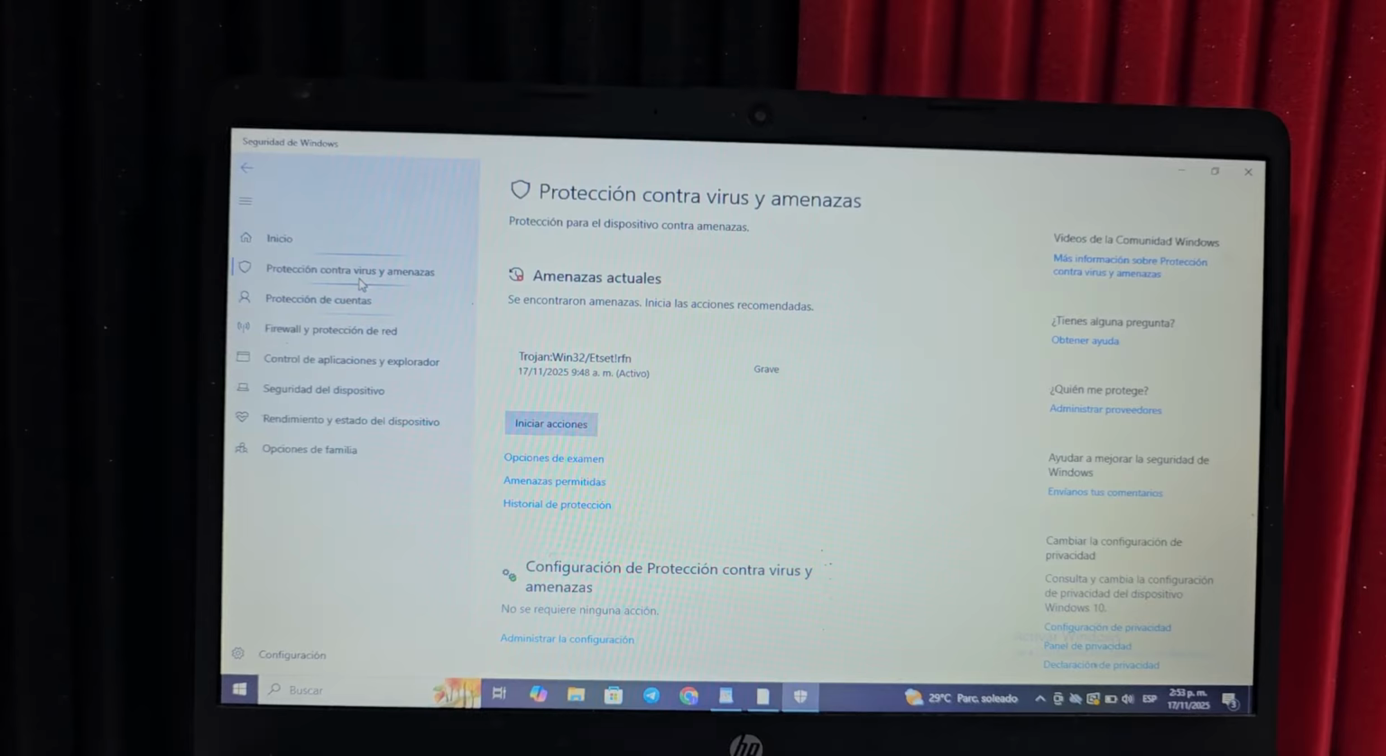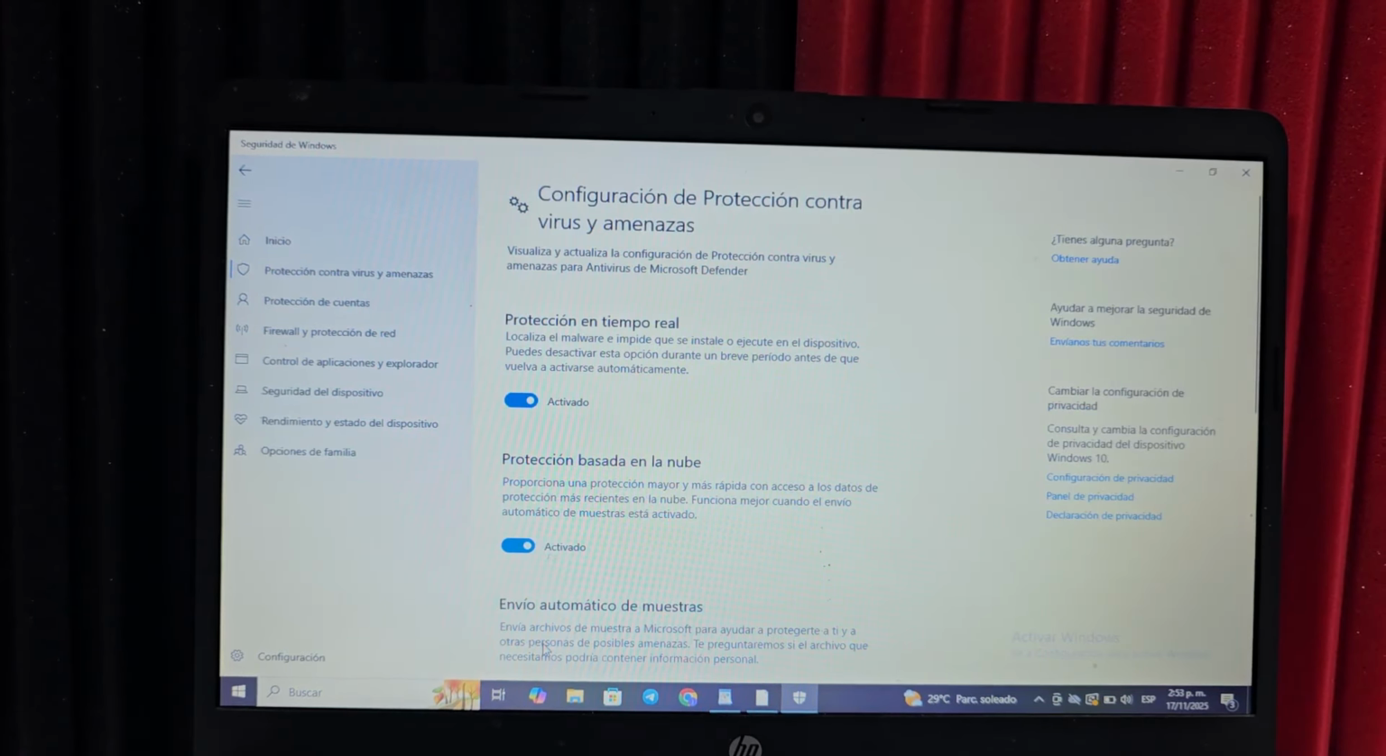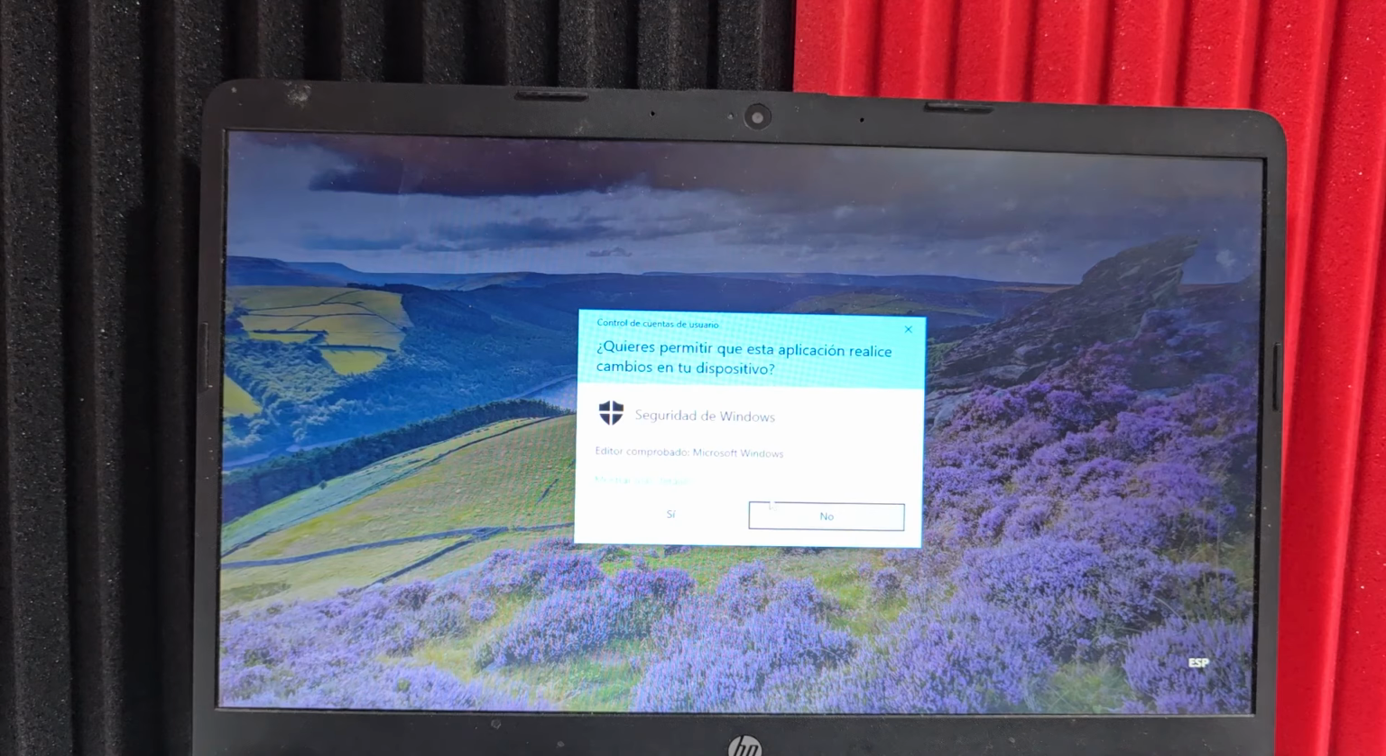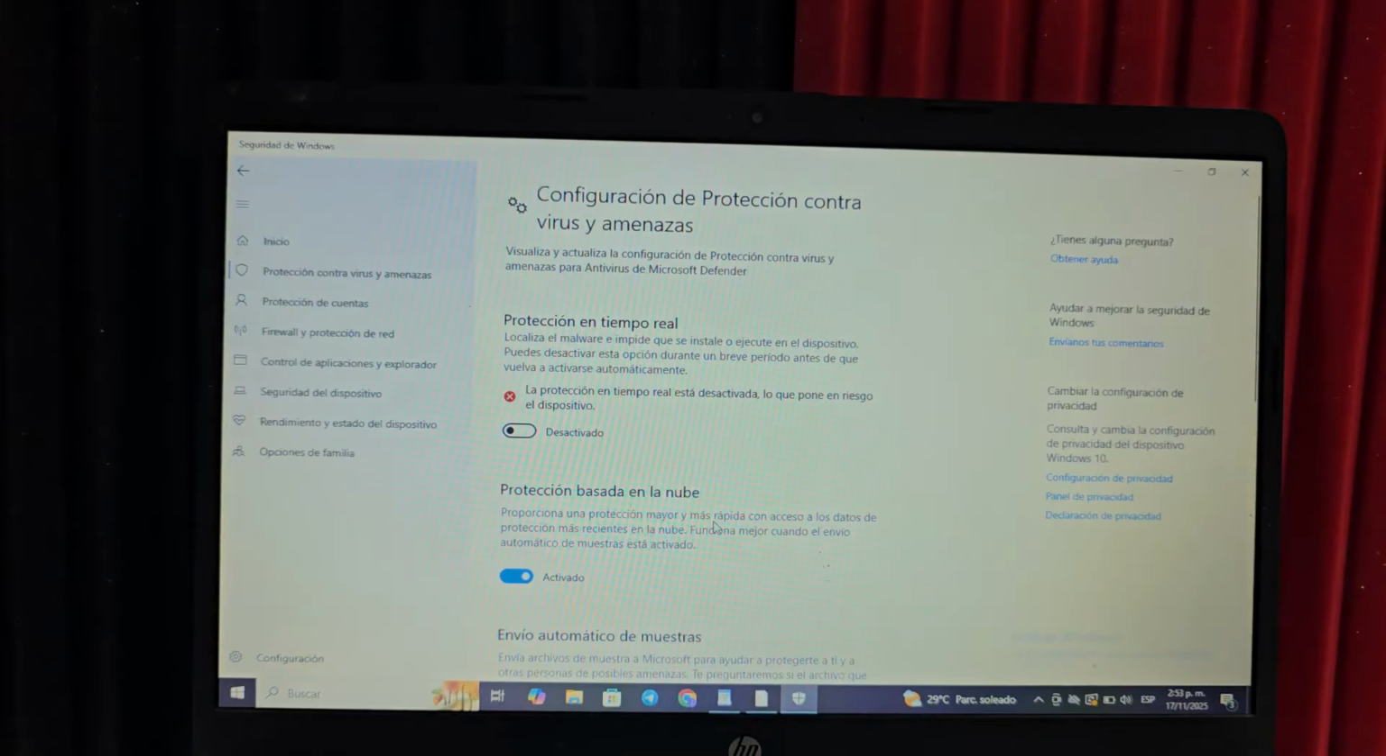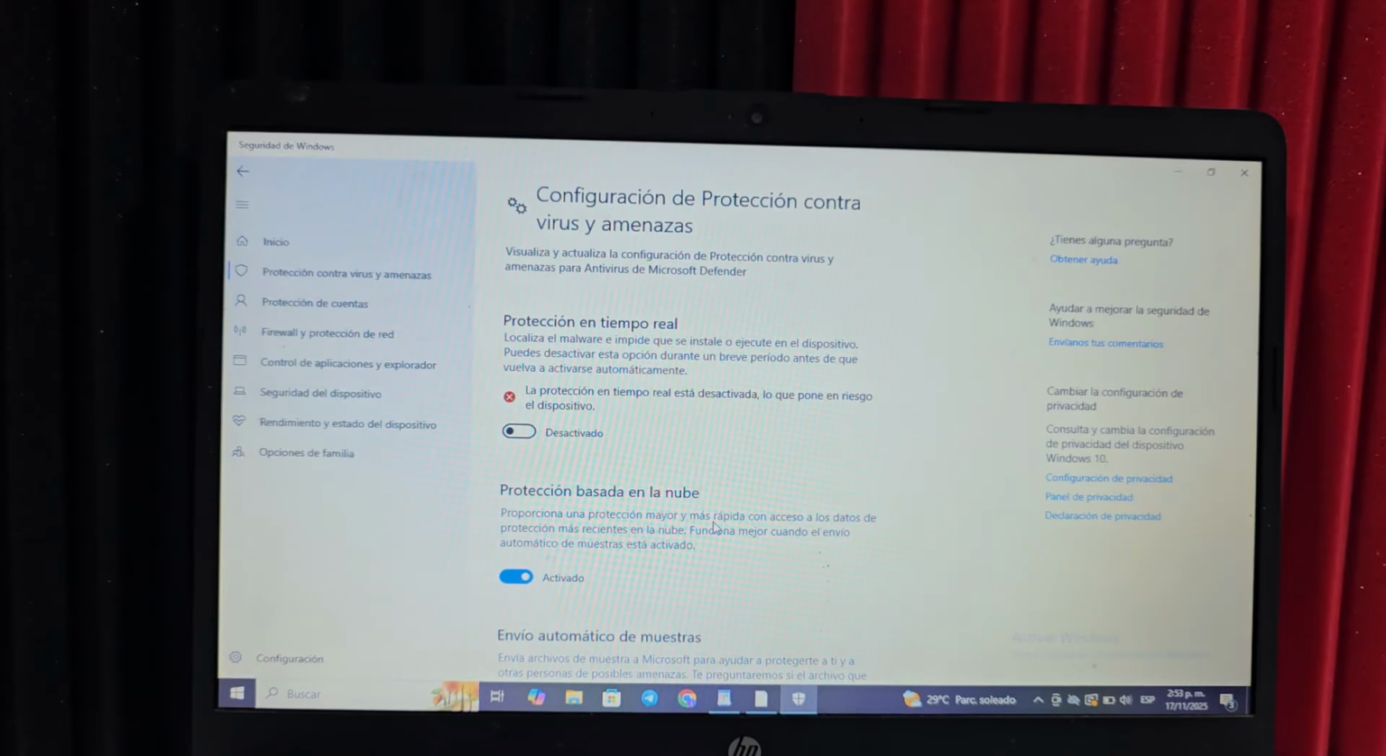First, we need to go to our antivirus software. Once we're in our antivirus, we'll go to where it says Virus and Threat Protection. We'll click on this option, and then we'll go to this section and click on Manage Settings. Then, we'll disable the first option that appears here. We need to have it disabled. Once it's completely disabled,